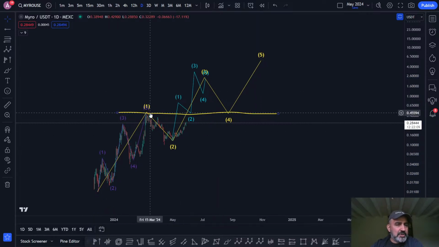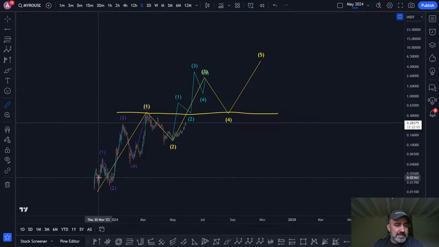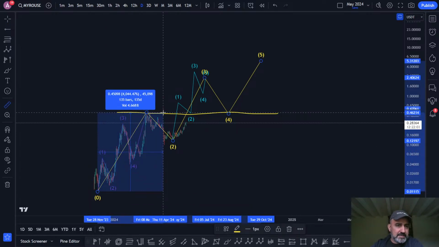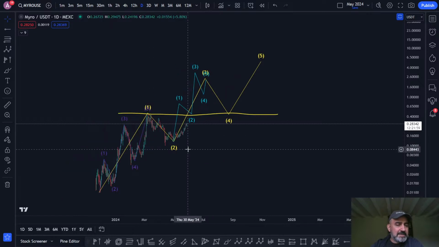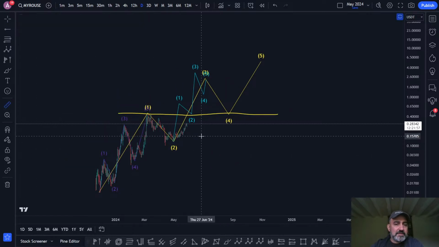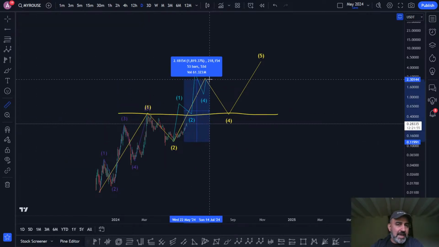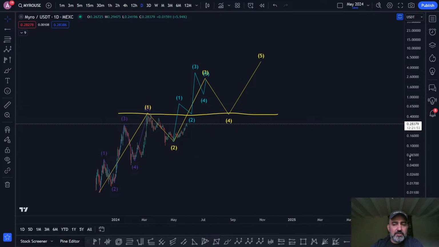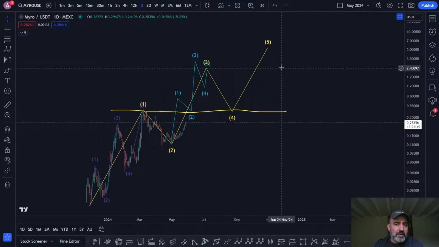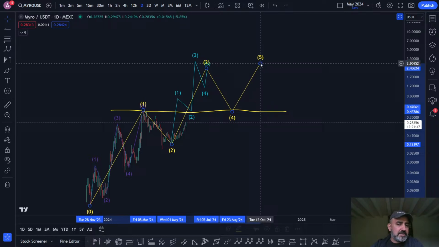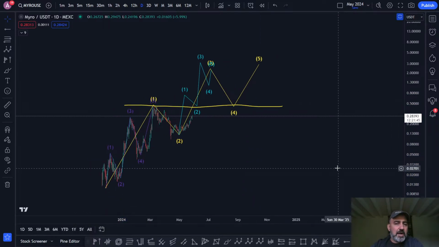Usually if you get a situation like this where you have weaker waves, where the first one is the most extended, in this case the first one is the most extended, it's like a 4,000% increase in value. I'm not expecting the 3 to be a 4,000% increase in value wherever it ends up. I am expecting the 3 to be shorter. This is for Myro the dog, and so therefore I would be expecting the 5 to be subpar, sub-mediocre.